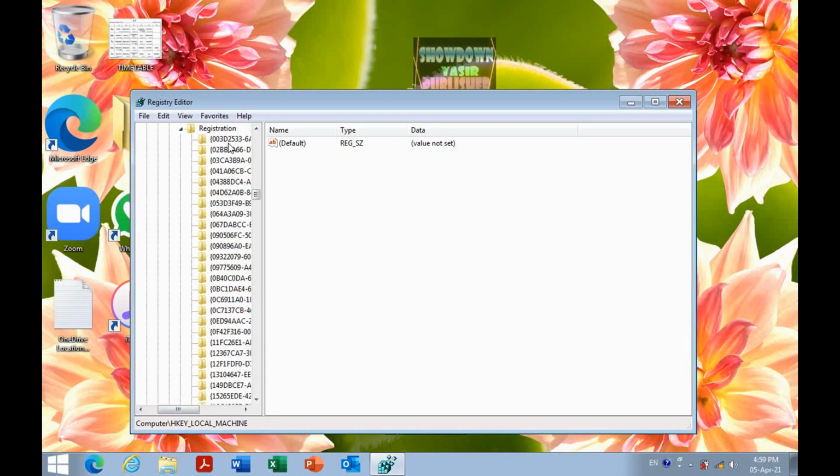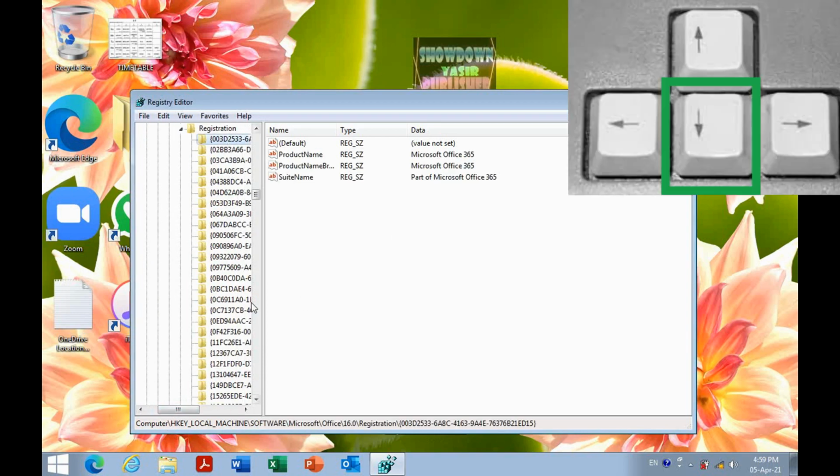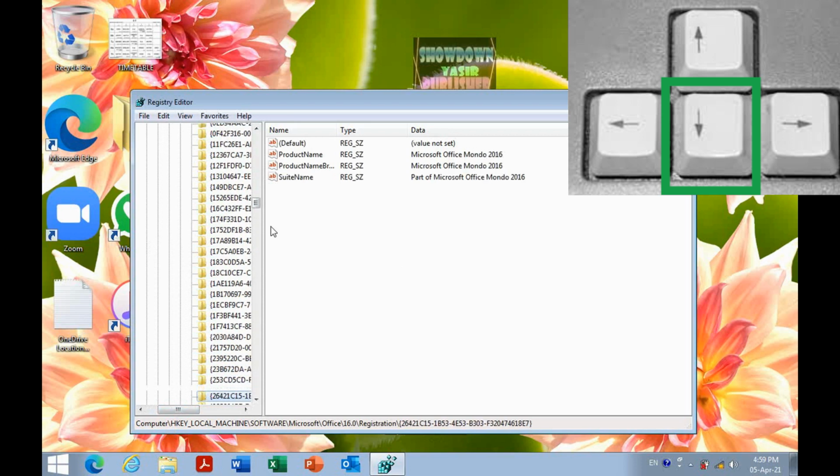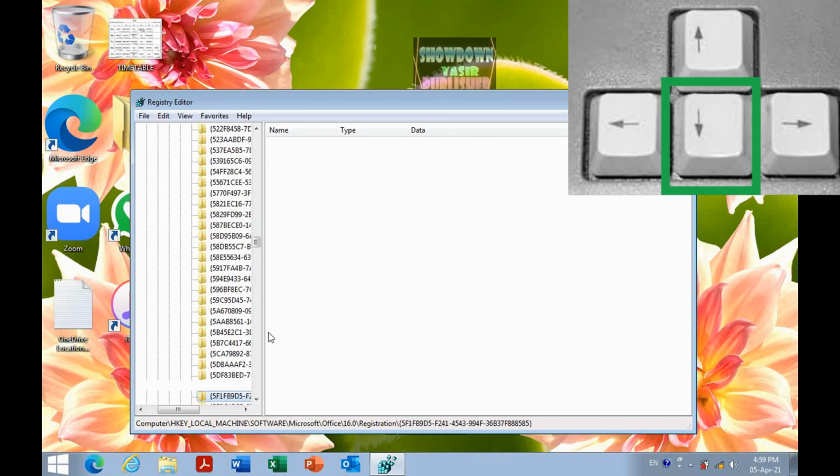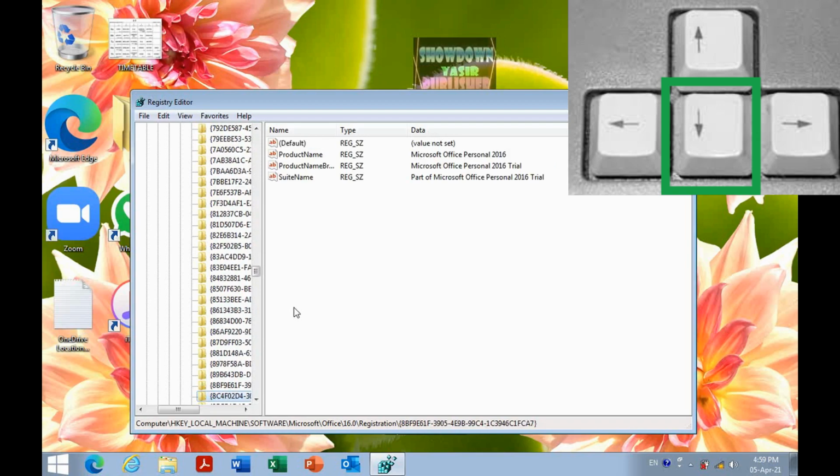and from here I'll just click on the first folder, and I'll press the down arrow key until I see digital product ID or some DWORD 32-bit values. Just keep pressing the down key, okay, I just saw something.